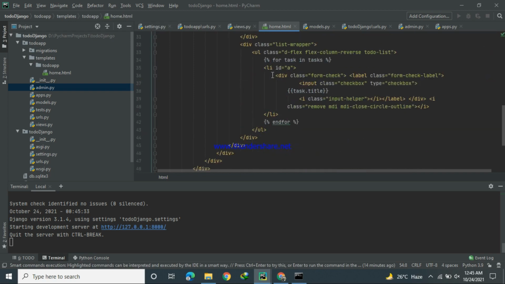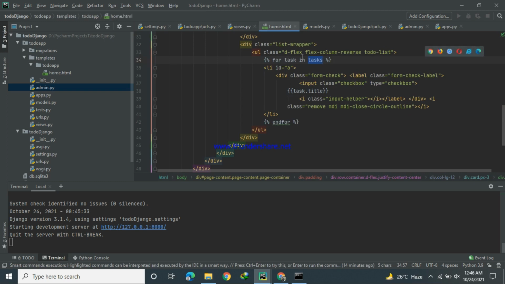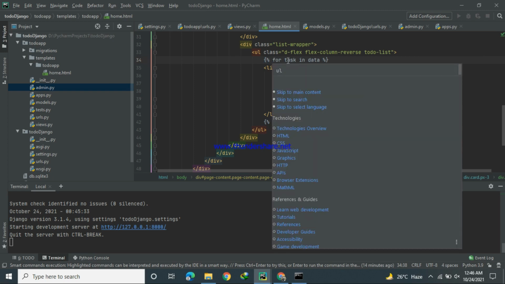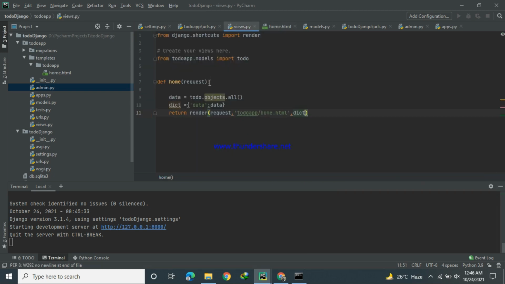So we have the variable data that will be given to our HTML page. The method for applying a for loop to our query set is this curly bracket, this curly bracket, then for, then a variable that we will use in our HTML, then data that is given by our view function in our dictionary.